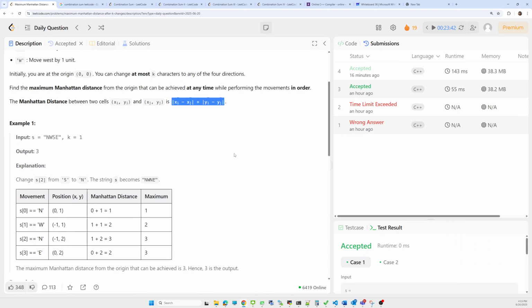So how can we jump into this solution, means for the problem, how can we approach it? First the simple approach, what will be the simple approach? The recursion based. Means while iterating over each character, let's say there is a string, n s w e kind of.